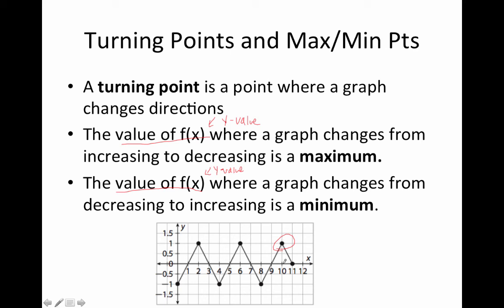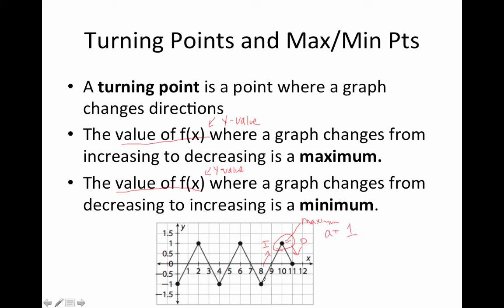At x equals 10, the graph changes from being increasing and then goes to decreasing. So since we're changing from increasing to decreasing, we call this point not just a turning point, but a maximum. And when we go to describe it, we're going to use its y-coordinate. So if I pen across here to the y-axis, I see that this point has a y-coordinate of 1. So that means this function has a maximum